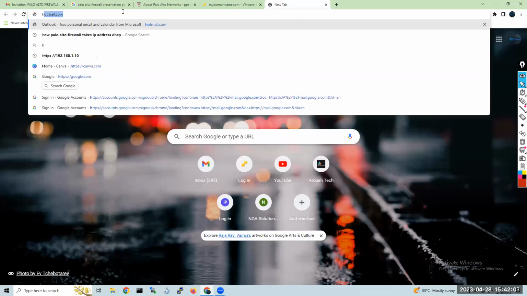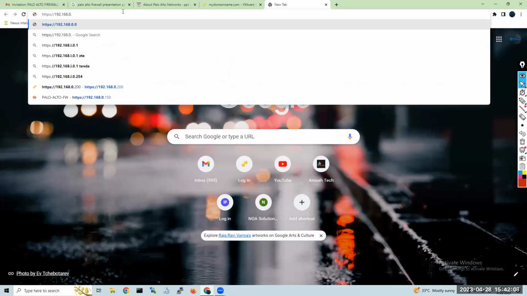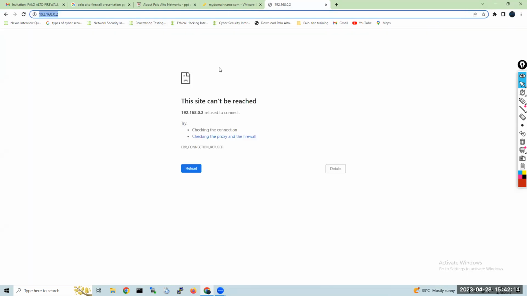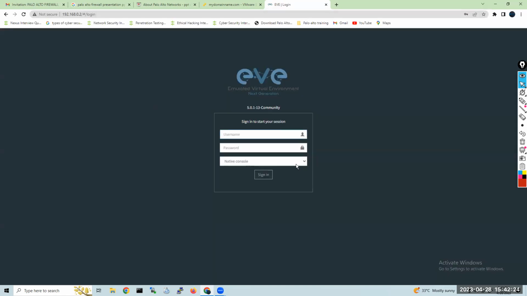Everything is important. So now I can write in the browser. Imagine if you give this IP address, the EVE login, what are we going to use? The username admin and password eve, right?